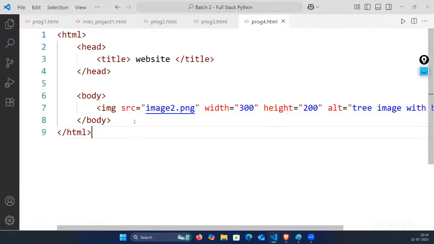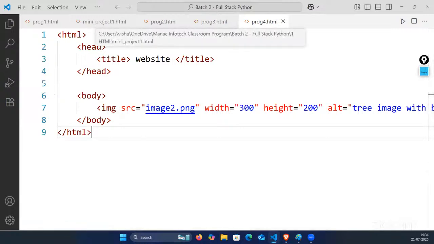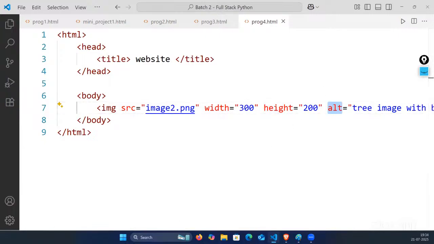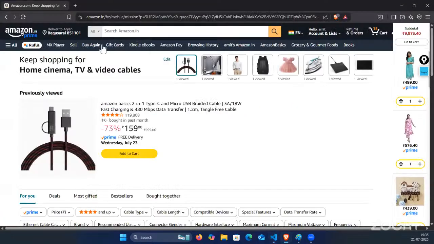Okay, so any confusion here so far? We have used something called the src property, width property, height property, alternate text property. Any confusion? Right? Okay. So our next thing here is that